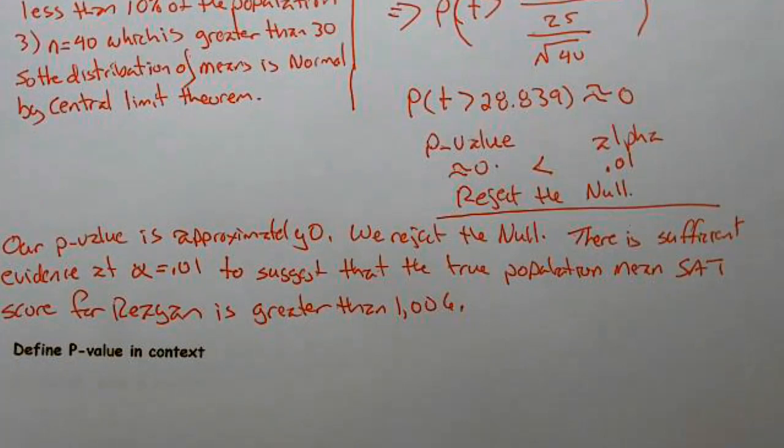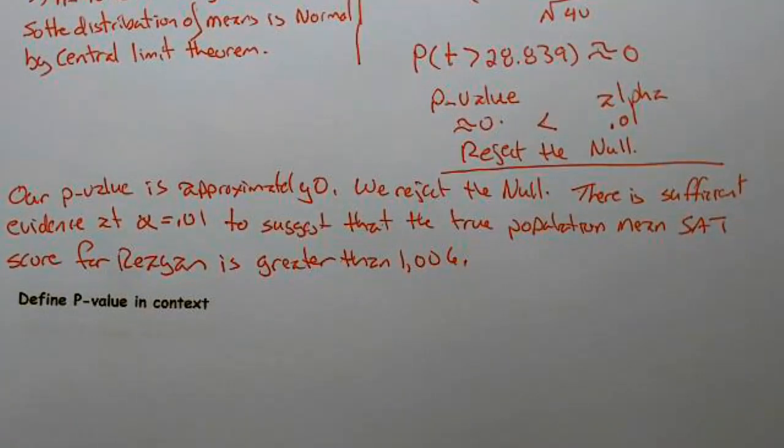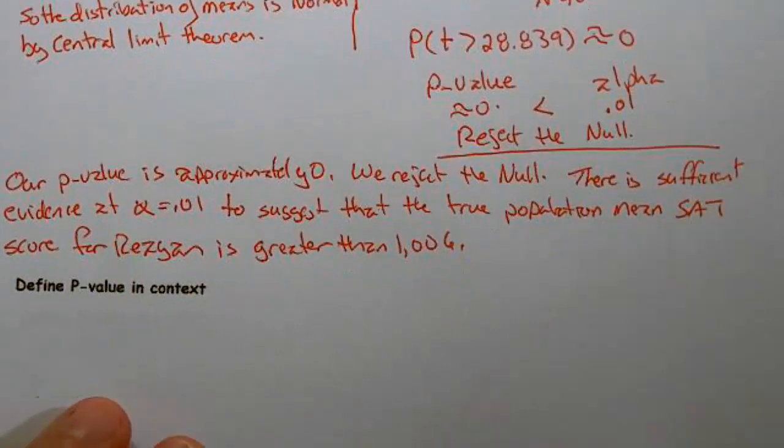So defining the p-value in context. Now, we haven't done this in class, but we're going to do it here because at some point this is going to become standard for you guys. You're going to need to learn how to define the p-value in context. And the p-value is the probability that we'd get a test statistic as extreme or more extreme given that the null is actually true. So in this case,